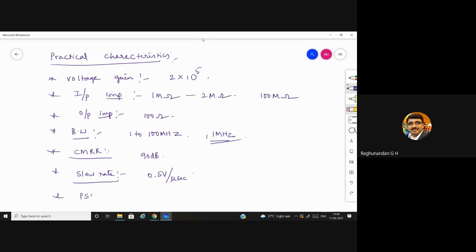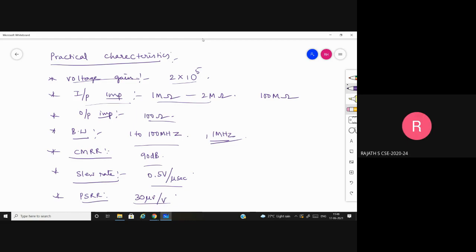Then we have the power supply rejection ratio. There it was 0 ideally, but here it is 30 microvolt per volt. These are the practical values. They will ask you to write the practical characteristics, then define each of them and write the values. All these values you should remember. There is one more table where we need to remember the current values, all those things, so that we will do in the next class.